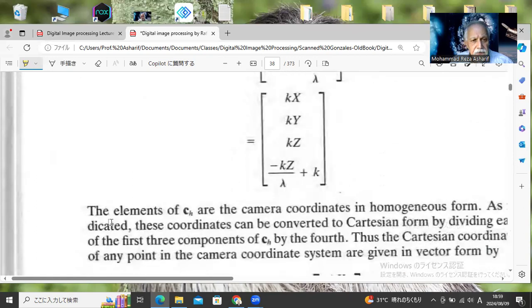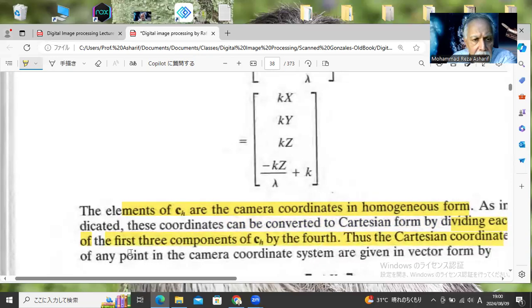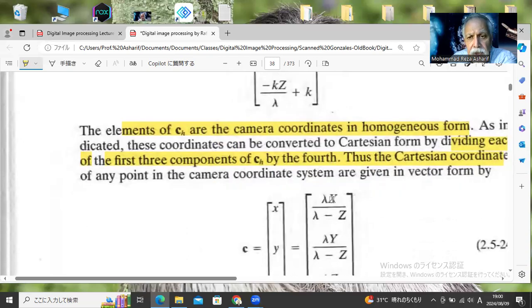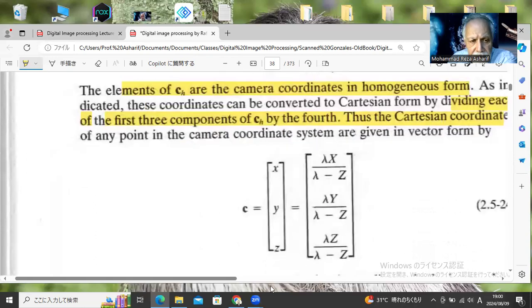Okay, as we defined the cx, if we want to find the ch, a camera coordinate in the homogeneous form, as indicated, this coordinate can be converted to Cartesian coordinate by dividing the first three components of ch by the fourth. So the Cartesian coordinate of this is,